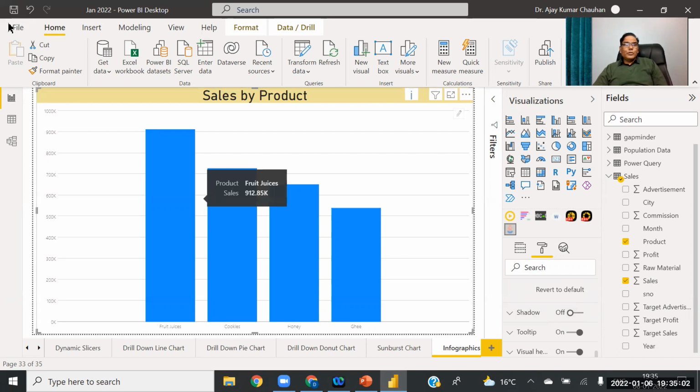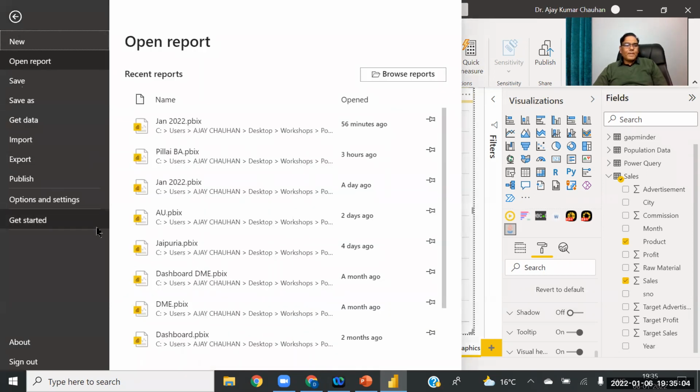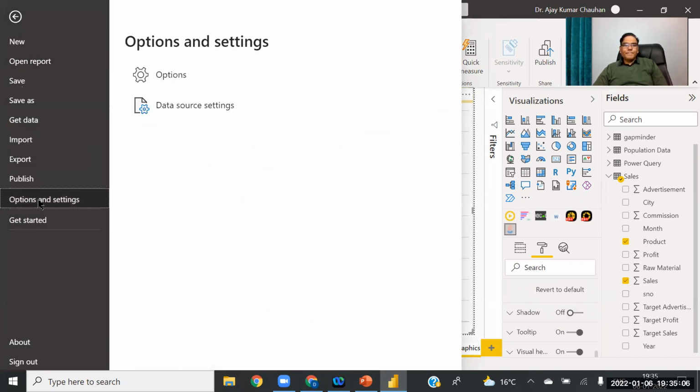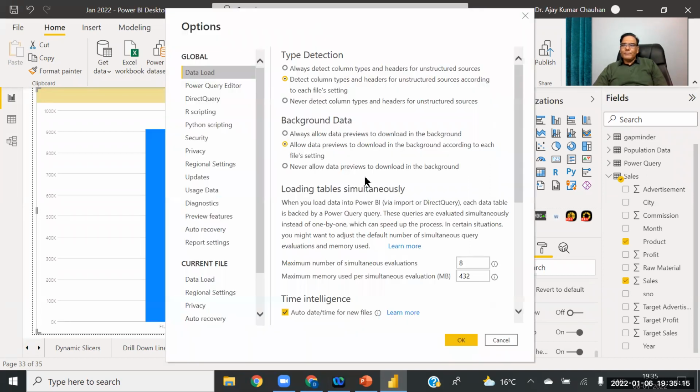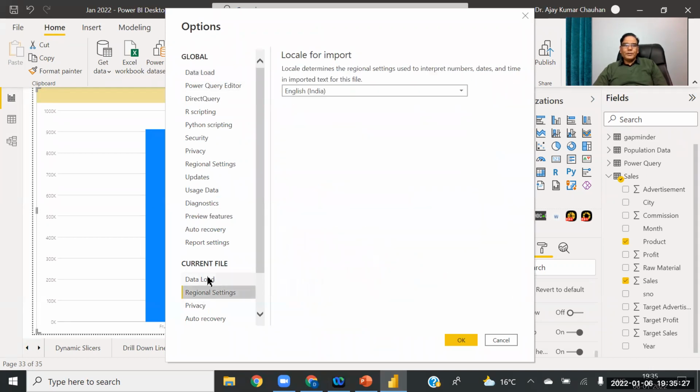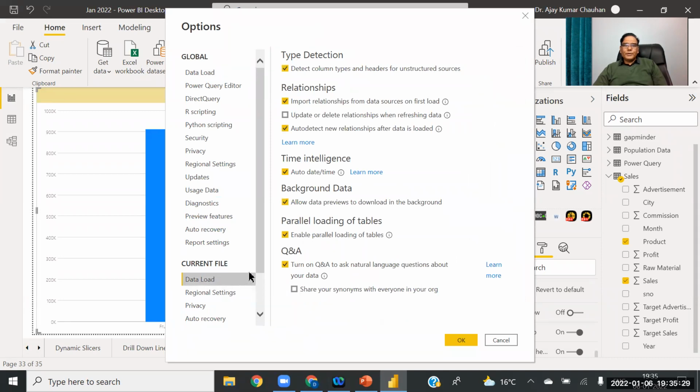Let me try another option. Go to file, options and settings, and options. Let me try this. Some options come up. I want data, what kind of setting I need. Regional settings, data. Okay.